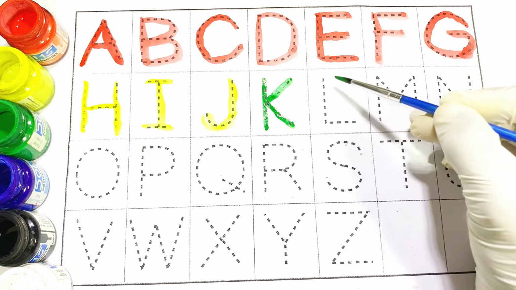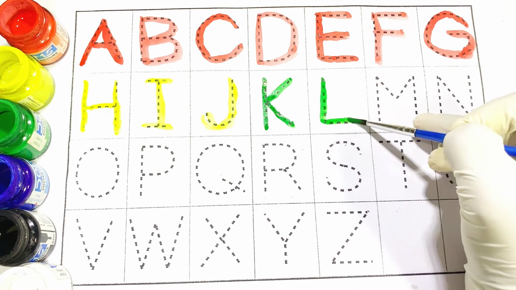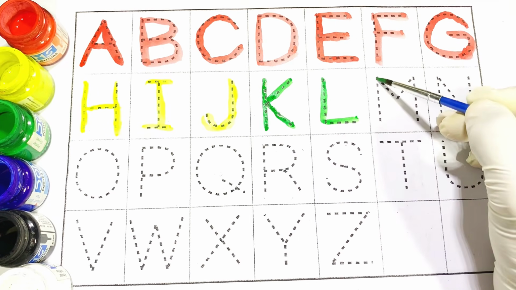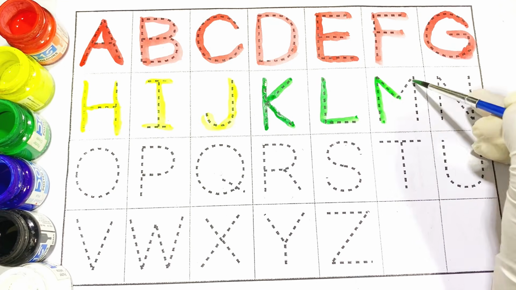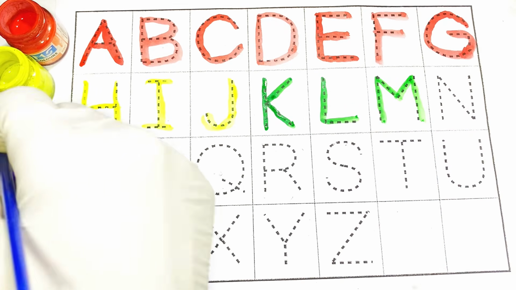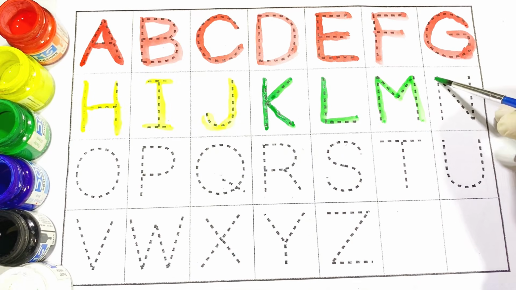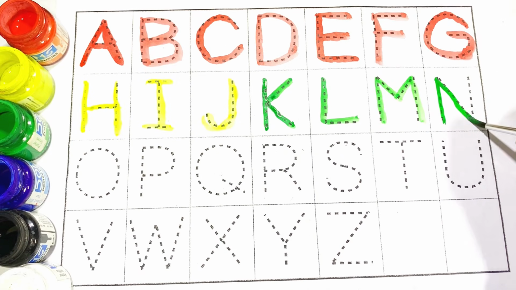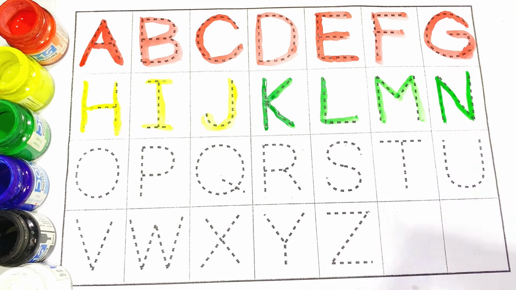K for king. L for lion. M for moon. N for nest. Kids, now you draw O and use